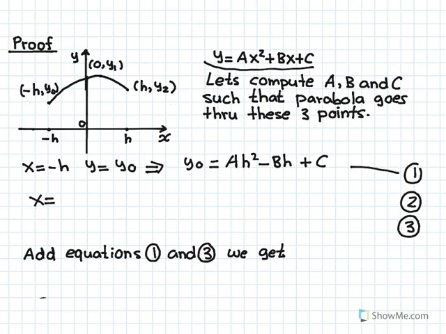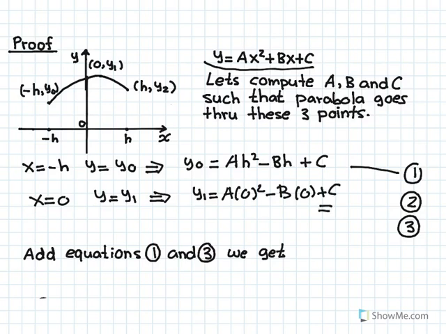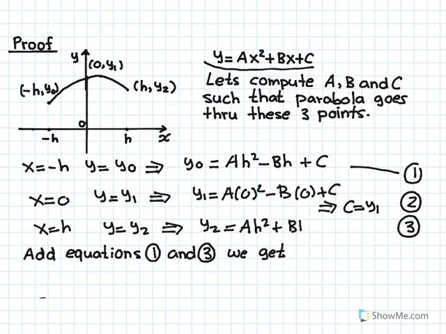Now x equals 0. x is 0, y is y1. Plug it into the quadratic function. We get y1 is equal to a times 0 squared minus b times 0 plus c. So what we get is c is equal to y1. Now let's plug in x equals h. x is h, y is equal to y2. Plug it into the quadratic function, and we get y2 is equal to a times h squared plus bh plus